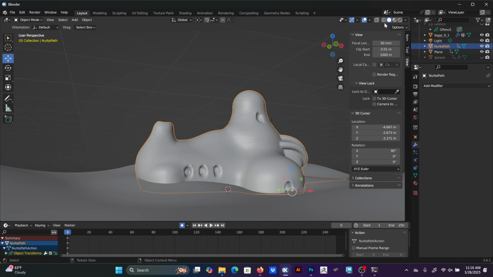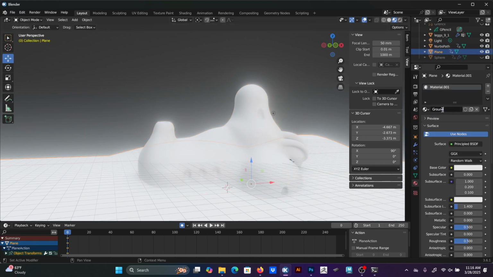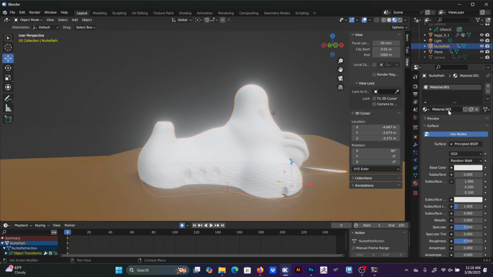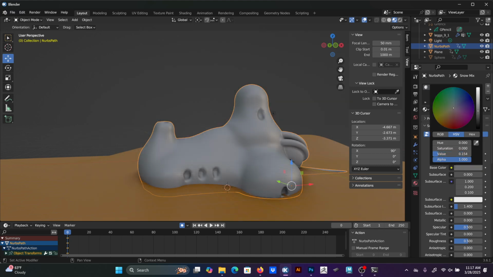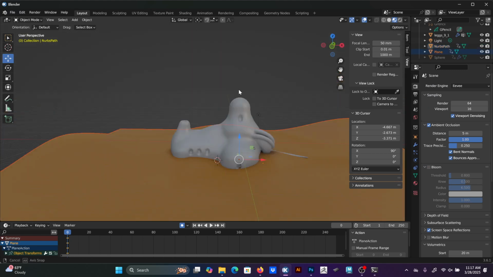So you have your object. I don't think I have any textures on here, so I need to add something. So this will be ground. I'm just gonna make it so it's not so blinding. This will be our, let's call it snow mix, maybe. Oh shoot, snow mix. Just for our eyes. Let me turn that off. Okay, so